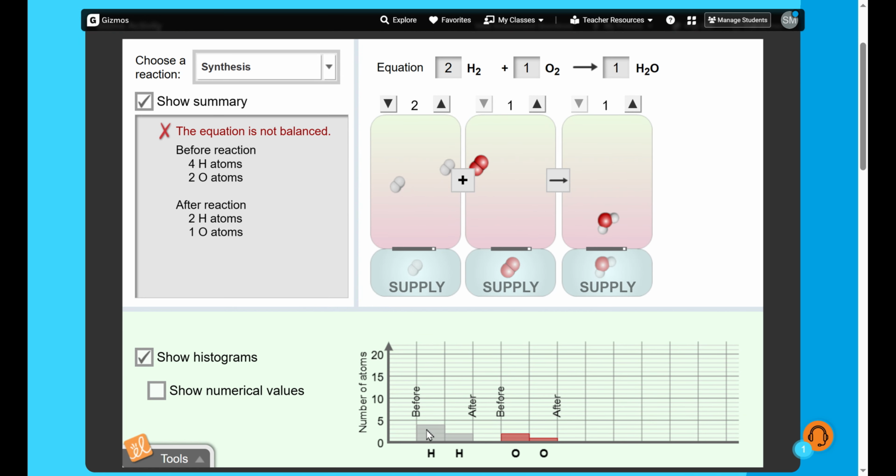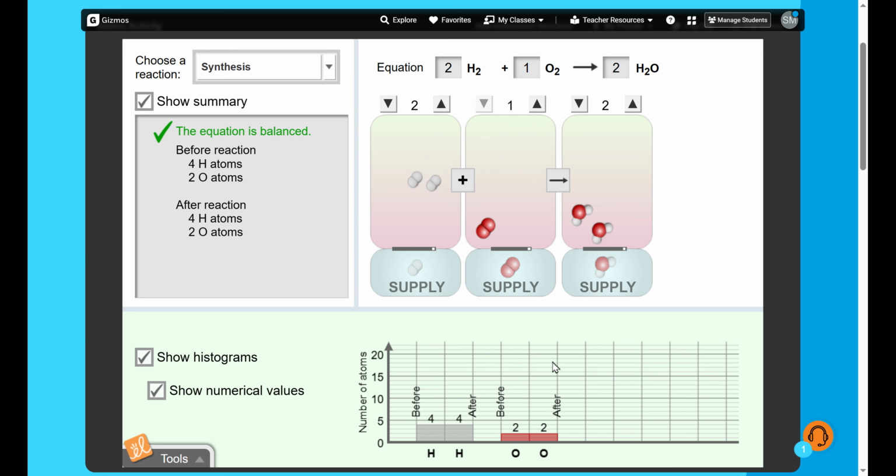This is also shown on the histogram. There are 4 atoms of hydrogen before the balancing. And now let's try to balance it. So if there are 4 atoms of hydrogen on the reactant side, there should also be 4 atoms of hydrogen on the product side. So we should increase the number of water by 1 to a final of 2 molecules of water to have